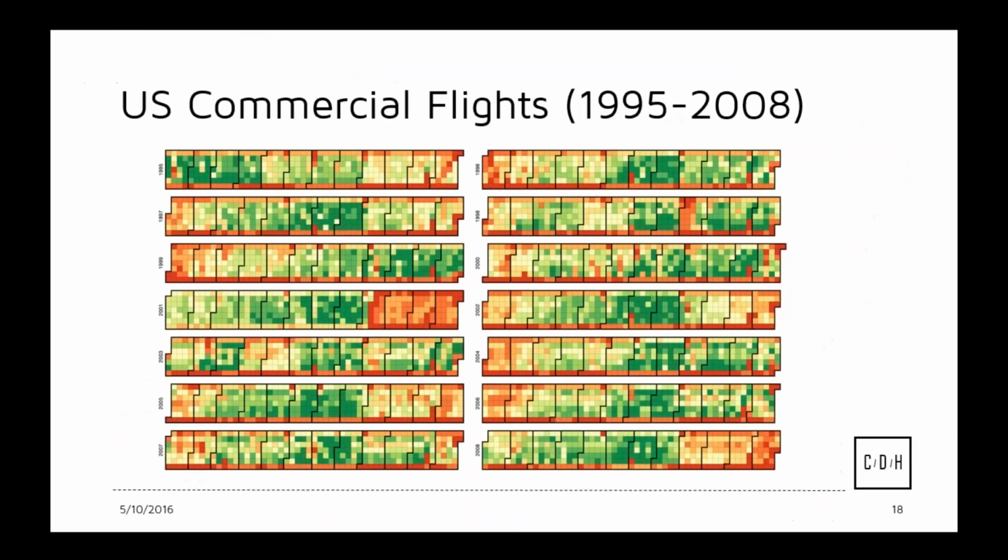Another example is this slide for U.S. commercial flights from 1995 to 2008, and this is kind of a heat map, which, if you're involved in web design, you're very familiar with, where high numbers of clicks or high activity is represented in green, and red is a lack of interaction. So this is translated to commercial flights for, as I said, 95 to 2008. And you can start to infer some interesting things from this map. First of all, where the year transitions, that's going to be our winters, and so you can see a drop-down of activity there. So there's a preference not to travel. Specifically here in 2001,